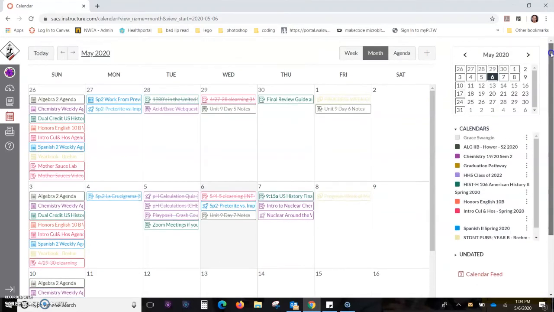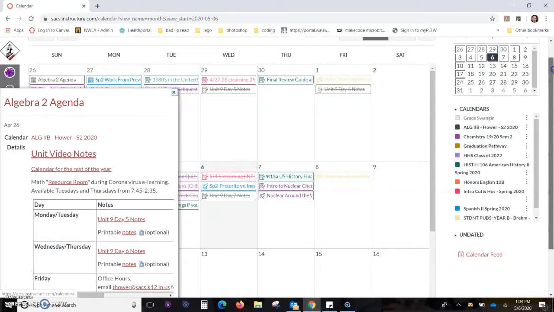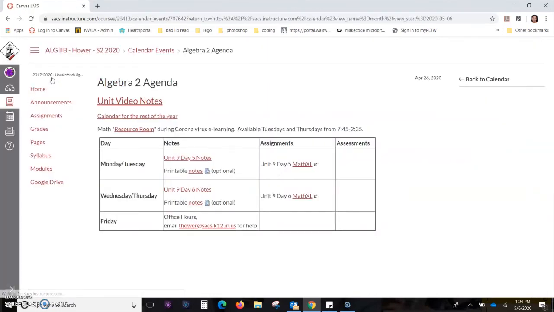What the teachers at Woodside do is on the Sunday, you will have the agenda listed for your class, for every one of your classes. And when you click on it, it tells you what to expect for class that week. So, for example, in her algebra class, she has Monday and Tuesday are Unit 9 notes, and Wednesday, Thursday are still Unit 9 notes. And I can't really see the rest very well, so I'm going to go ahead and click on where it says Algebra 2 Agenda, so it opens up in a new window for me